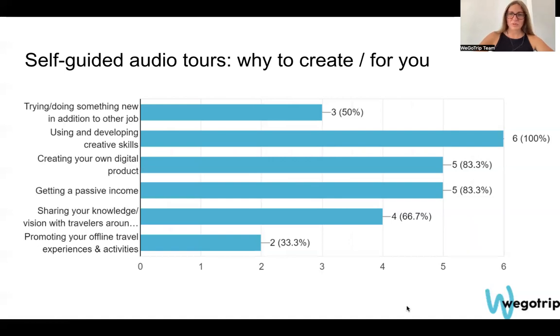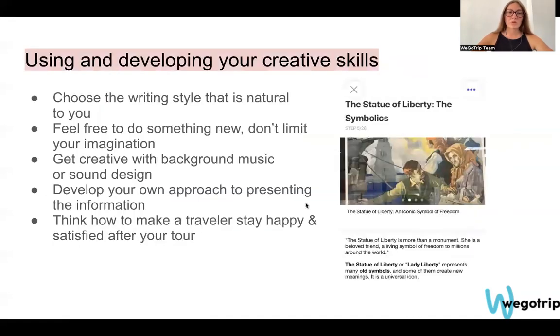And I will focus on these three most chosen options, and we will go through them and talk about your motivation. Using and developing your creative skills: what does it mean exactly, and how can you do this if you choose to create a self-guided audio tour? You can choose any writing style that is natural and comfortable to you.